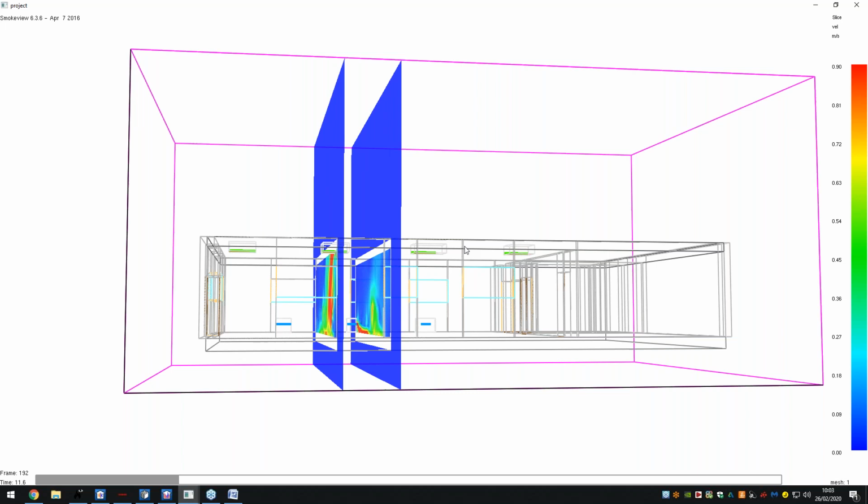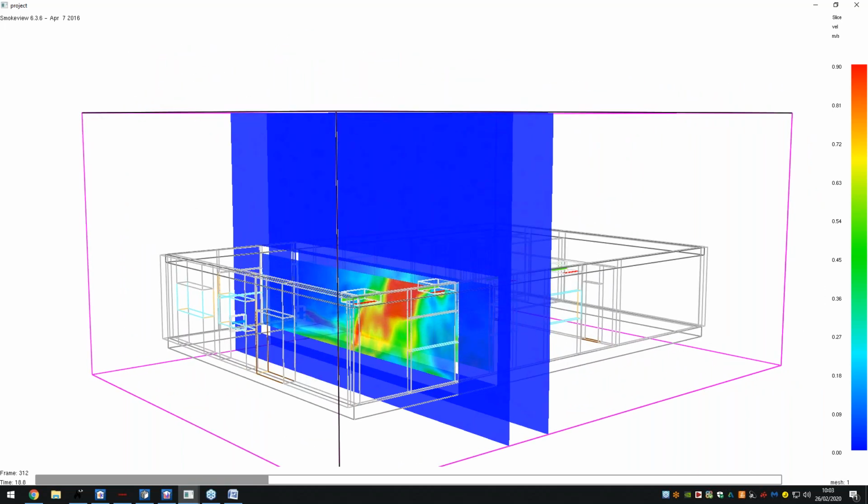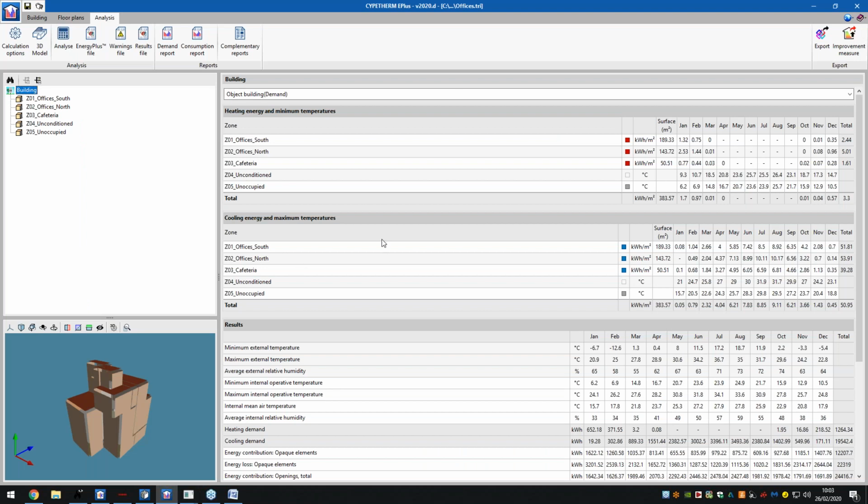So this sort of feature appeals to certain professionals that like to visualize the effect that their ventilation and their air conditioning models have on particular spaces, and we can do that here as well. Now let's go back, and you can see here upon completion of the results,